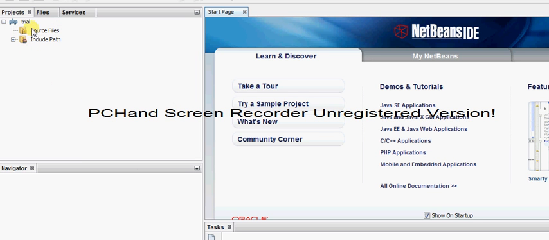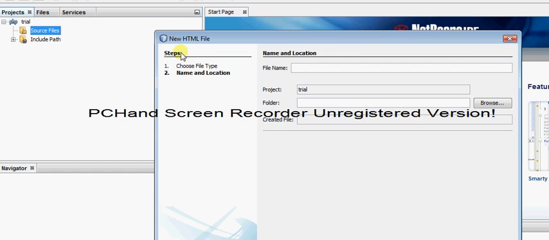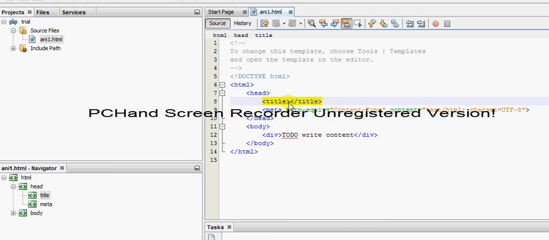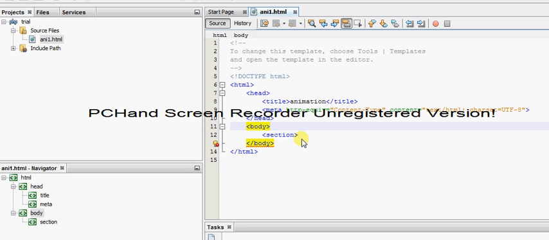We use Netbeans for creating this animation, and we create a new HTML file. Let us name this HTML file as Ani1. Let us give the title as canvas animation. Create a section within the body of the HTML. Create a division